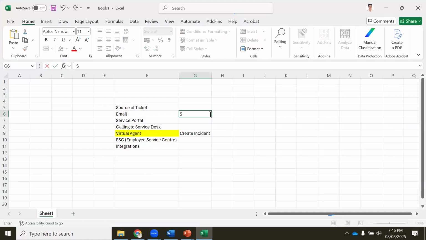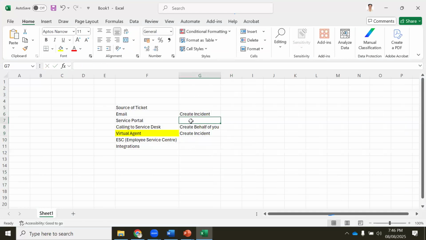Emails: one is sending emails and the other is receiving emails. So when you send a mail to ServiceNow, what ticket will be created? An incident. Okay. And when you call the service desk and say that my laptop is not working, they will create it on behalf of you. Correct. Like calling Airtel customer care or Reliance customer care, they will create a ticket on behalf of you, right? Similarly, service desk is a function. They will create it on your behalf, that your laptop is not working, your email is not working. So whatever way, correct? Then we will discuss this one.